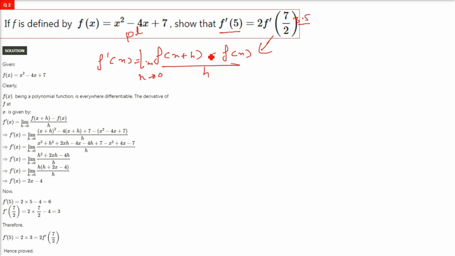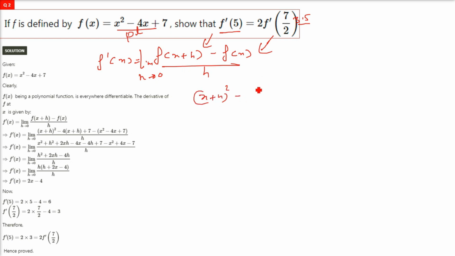We will use the quadratic equation in order to get a solution, and then we will put this 5 and 7 by 2 value as and when required. Right? So this f(x plus h), we have x plus h, so just replace it by that, (x plus h) whole